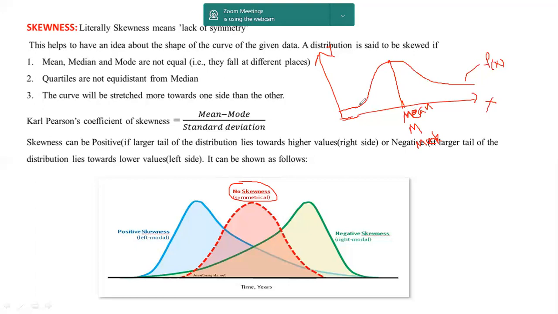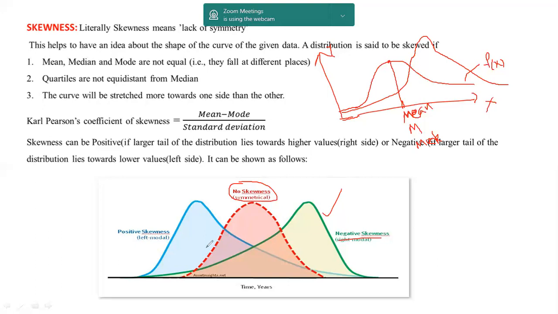If instead the distribution is like this, if most of the data occurs in the right tail of the distribution, like you can see here, the green line represented is deviated. The mean is moved towards the right side of the symmetric one, so we can say it is negative skewness. So we say it is negatively skewed.